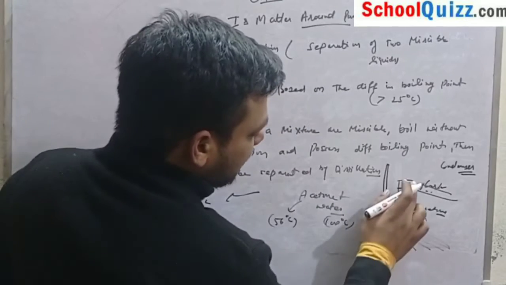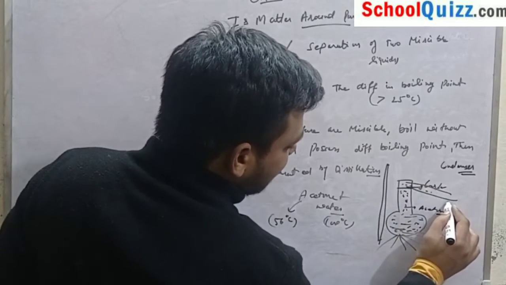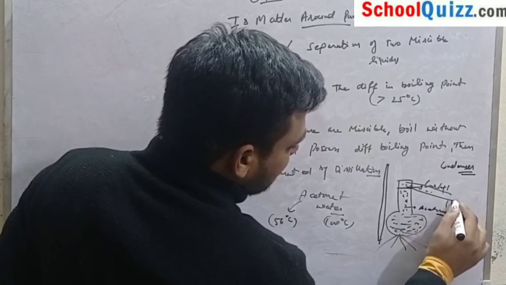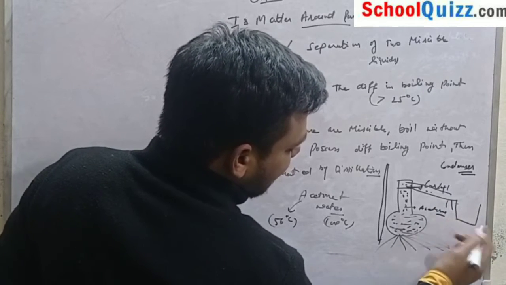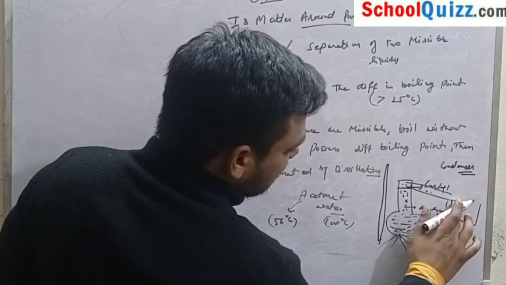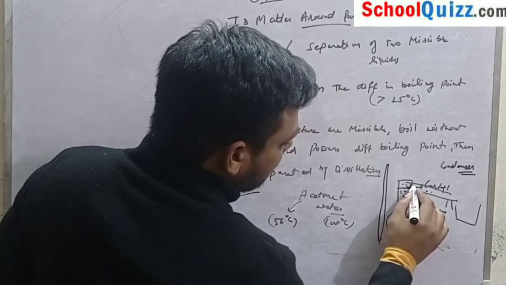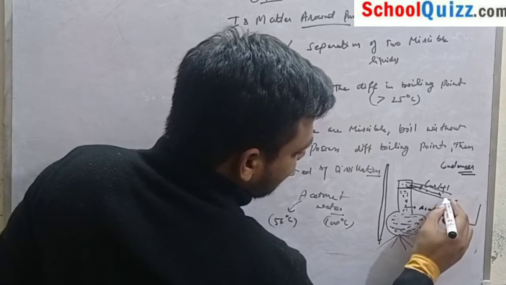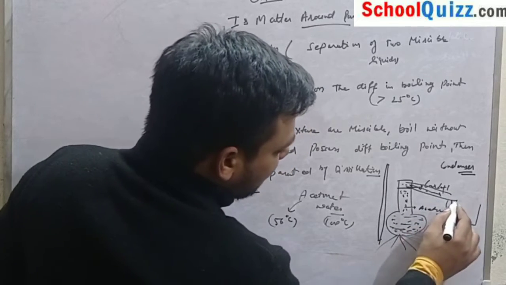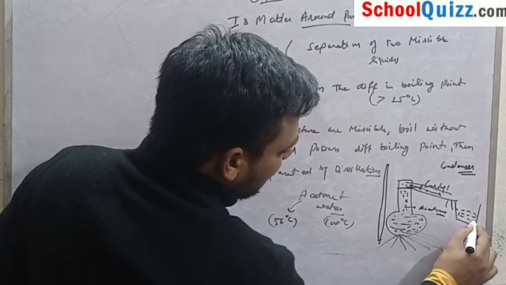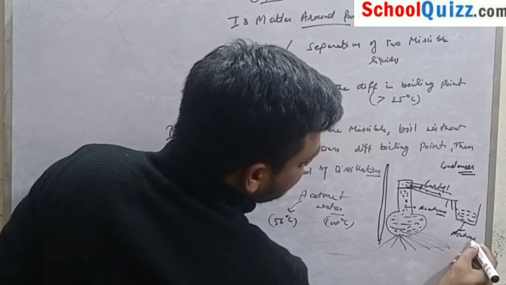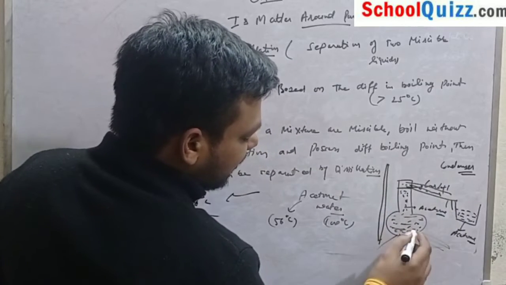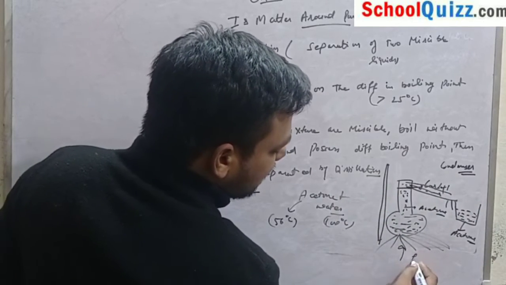is converted into gaseous form and rises up, and we will place a condenser here in which cool water is there, and we will attach a beaker here. So when it comes through this, it gets condensed and comes in the liquid form, and we will collect all the acetone, and we will remove that beaker